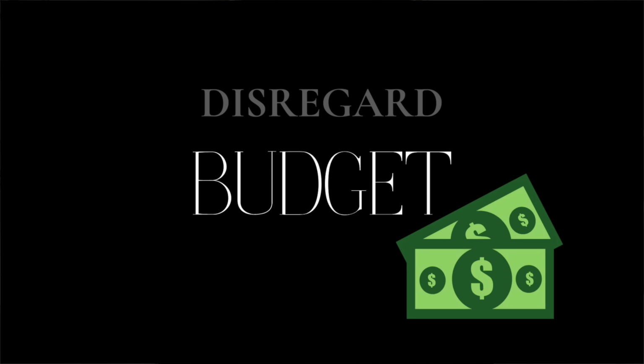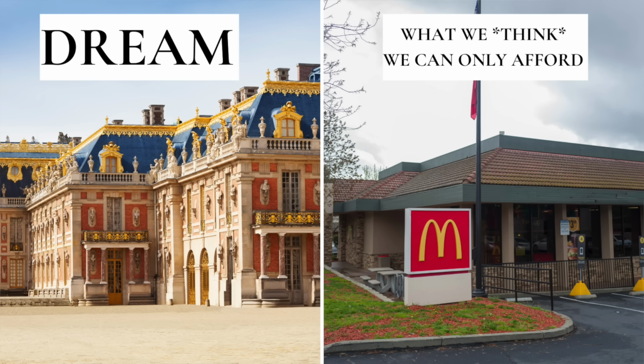The next tip for the indecisive person is to ask yourself what your home would look like if you had an unlimited budget. I often find that people aren't truly indecisive. They just don't know how to achieve their goals with their budget, because sometimes we have really lofty goals. Sometimes we want our homes to look like Versailles, but we're working with like a McDonald's budget, and that's okay, right? You should not give up your design goals, even if you don't have the means to achieve them right now,